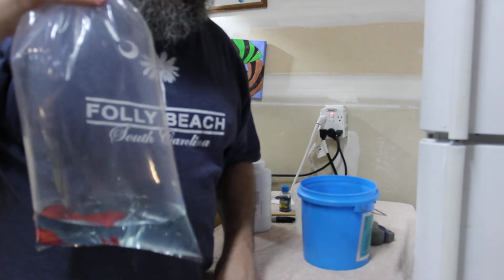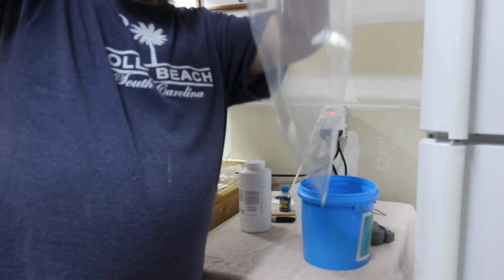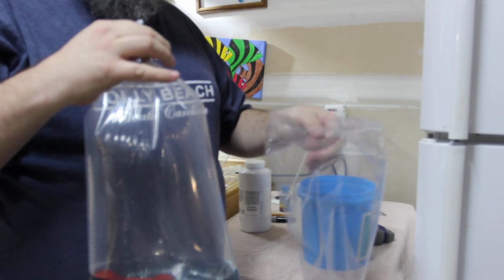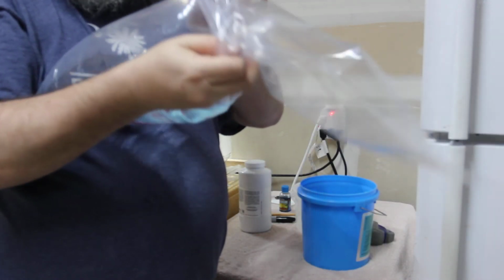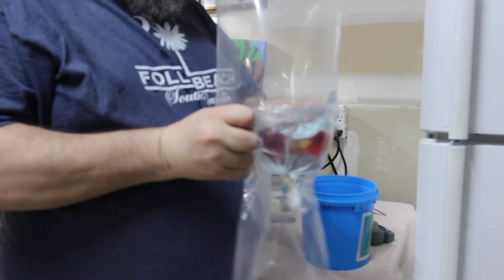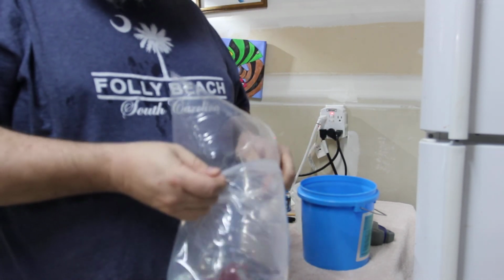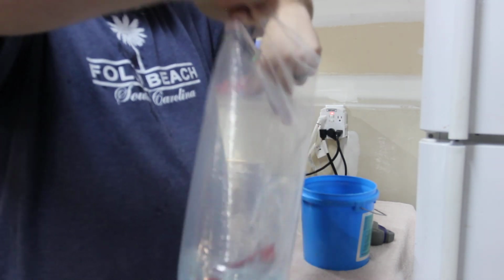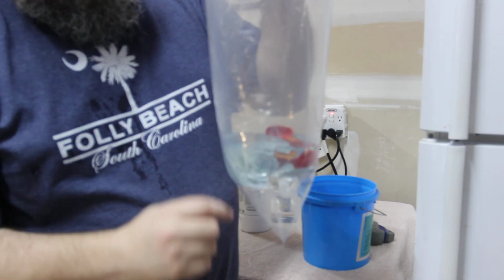So another tip is I always double bag. This bag's already sprung a leak. It's probably why it was on my floor. But to double bag, real simple. Take another bag of the same size. Put the top of the bag that you just sealed in, and then you just want to scooch it in. You could be more gentle when you have fish in there. Don't give them too much of a headache. But here we go. This is double bag. So what this does is it prevents fish from getting